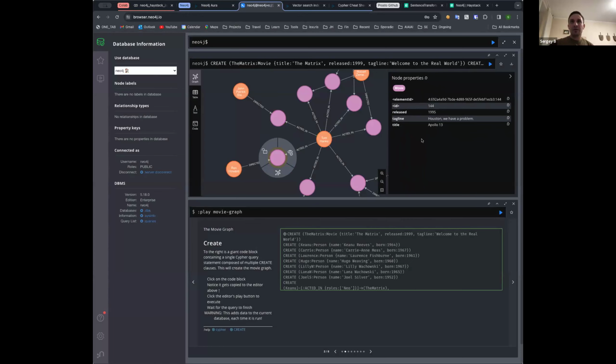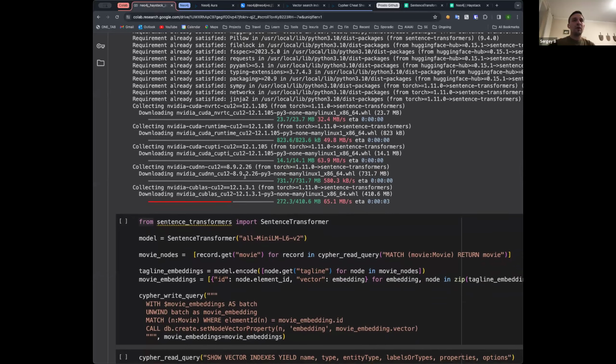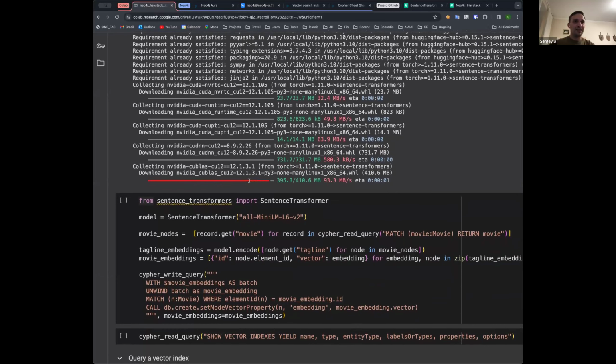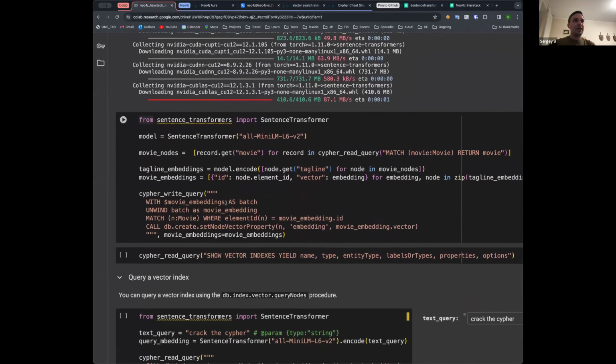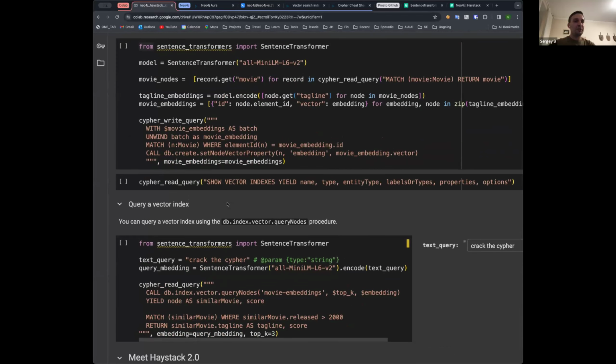And I'm going to store the embedding back in this property in the movie. And then we hope that the vector index will pick that up automatically for us. So while we're waiting for the installation process, I will move forward as well